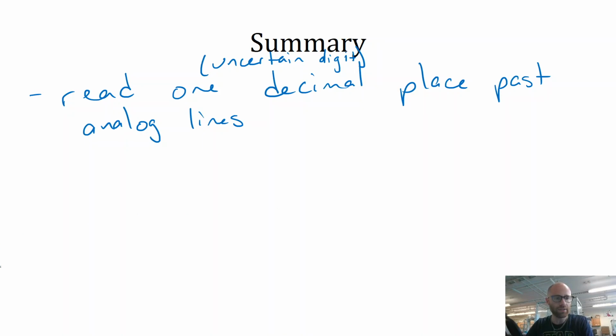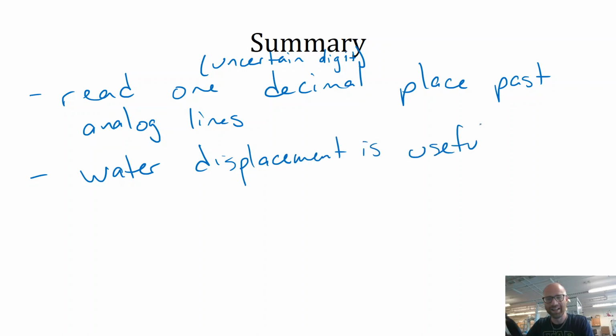And then another thing would be water displacement is useful. It's actually preferred to do water displacement in most cases to use your tool that has probably more specificity than maybe a ruler does to get